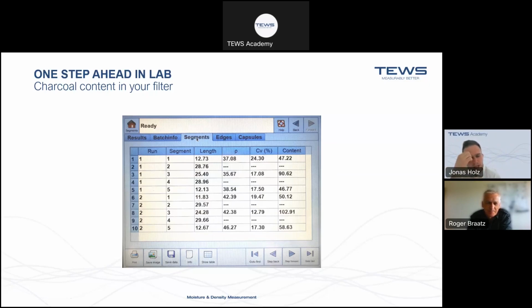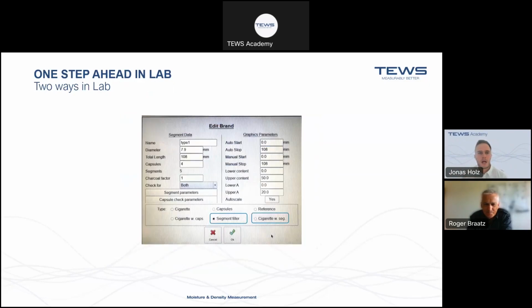And we're talking about samples and filter rods and all that. Is it only possible to measure filter rods, or can we also measure like finished cigarettes who already have a filter or multi-segment filter attached to them? Of course. Like the development of the